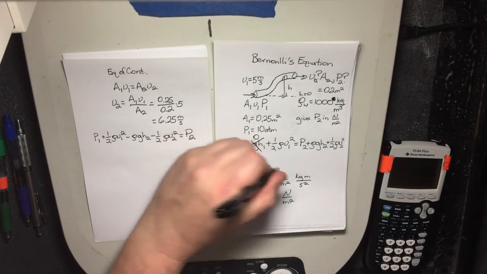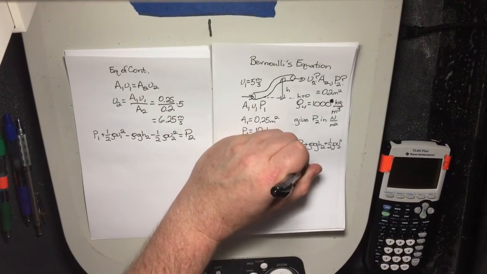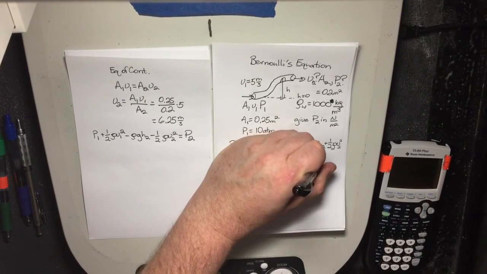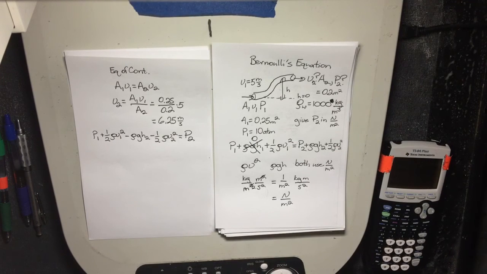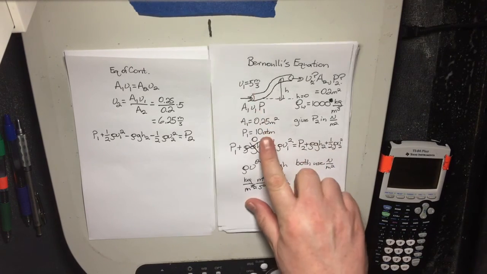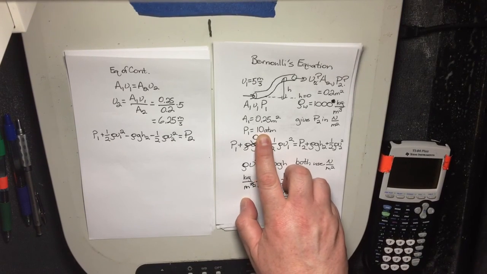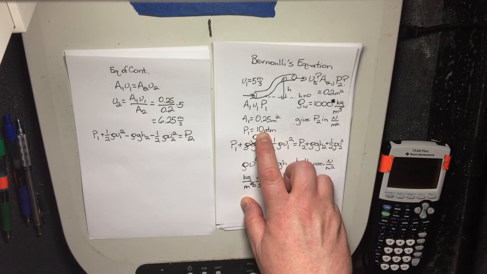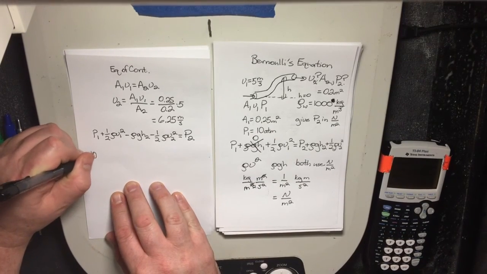Rho v squared and rho gh both use newtons per meter squared. The natural units coming out of those equations are newtons per meter squared. I gave you atmospheres for the beginning of the problem. So what you have to do is convert that pressure from atmospheres to newtons per meter squared. Otherwise, it won't add up correctly. So this becomes 10 times